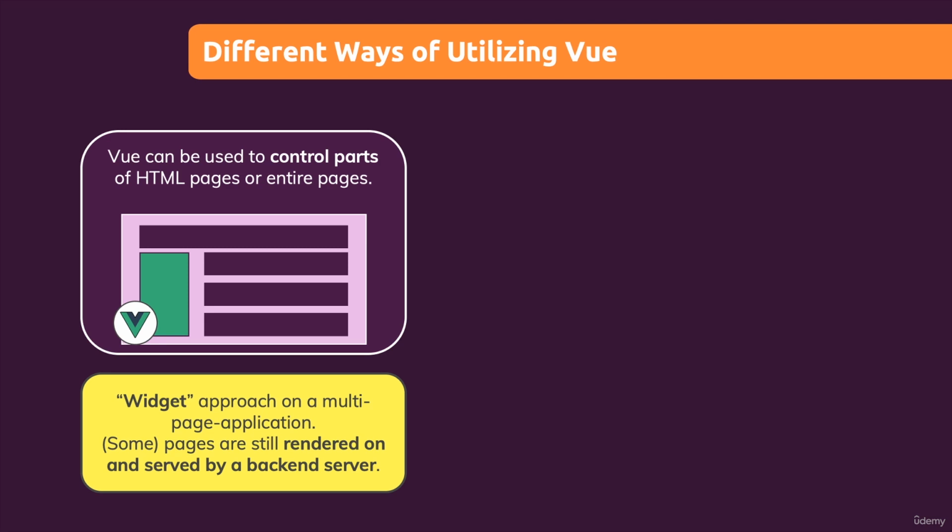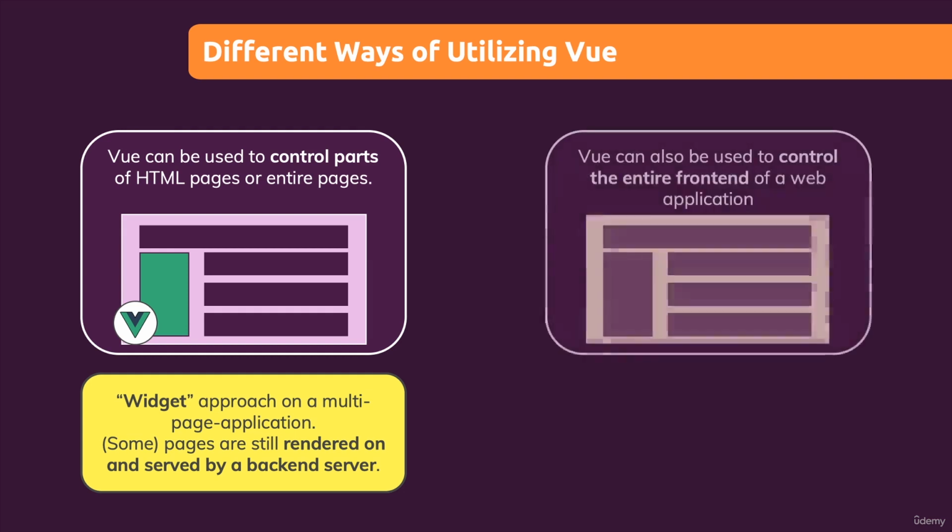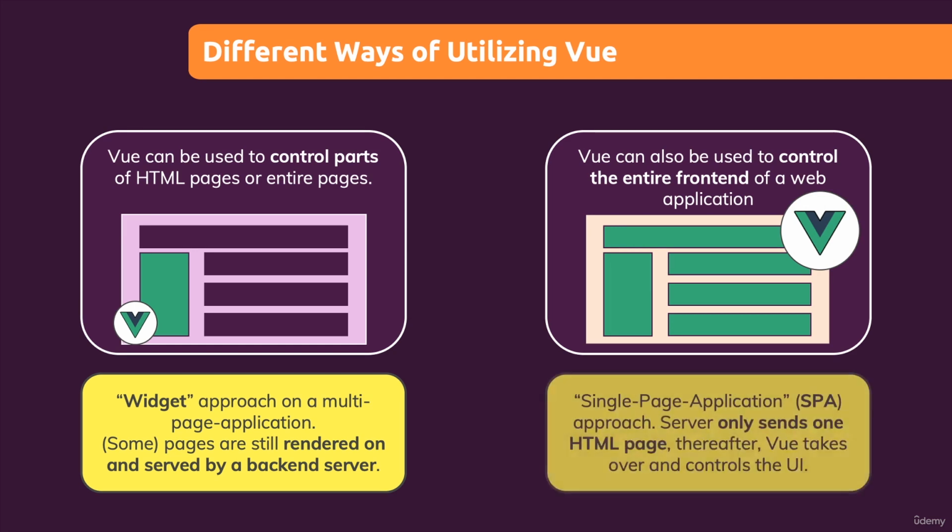The opposite, the other way of using Vue, would be that everything on a page is controlled with Vue. So every element is rendered and controlled by Vue. This is the so-called single page application approach, where the server only ever sends one HTML page, which includes basically no markup, but all the script imports we need, importing Vue and our Vue code. And thereafter, our Vue code defines what should be rendered on the screen in the browser after the page was